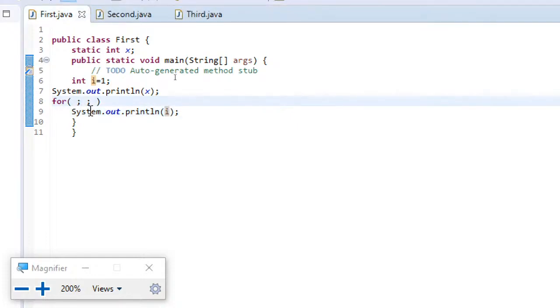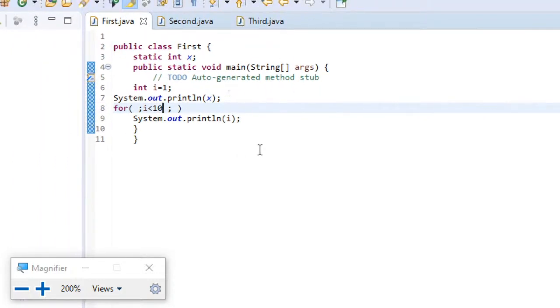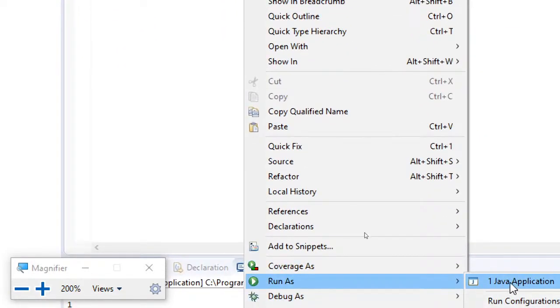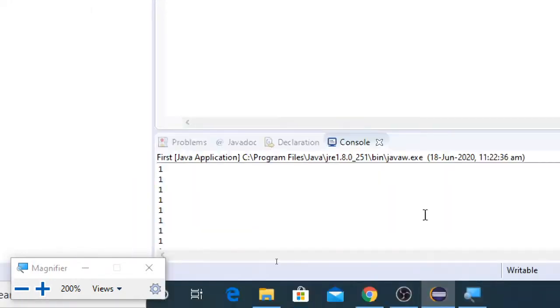Suppose I give the condition i less than 10. Observe the point: I have given a condition, but I haven't given increment or decrement. Now what happens? Again you can see it's continuing to print.